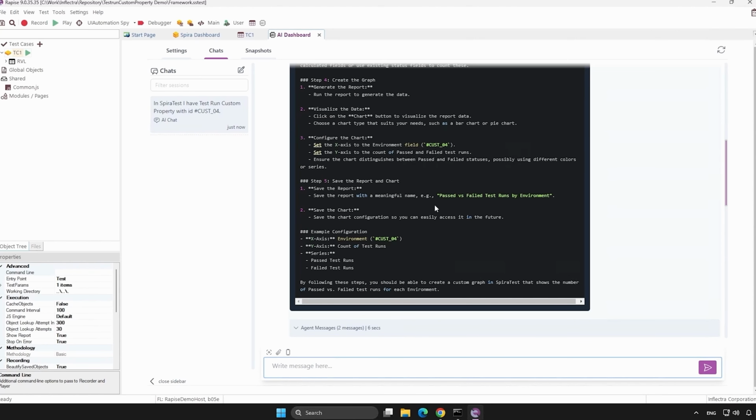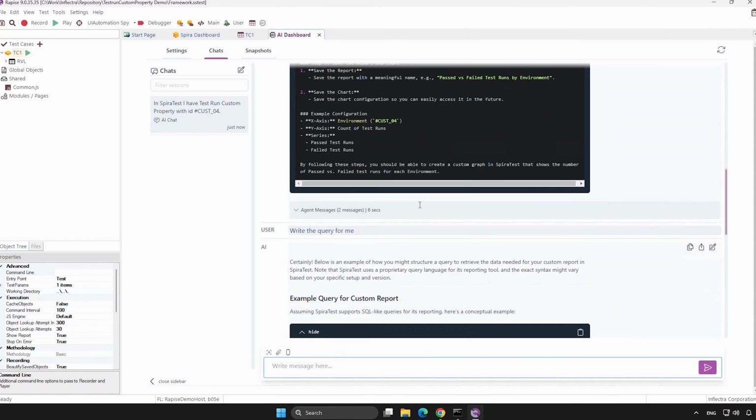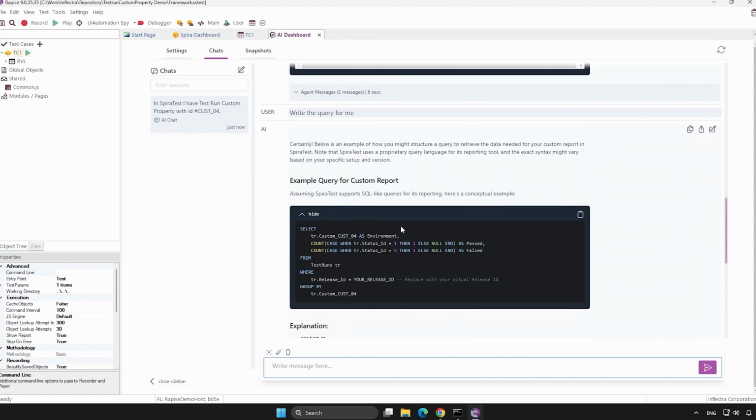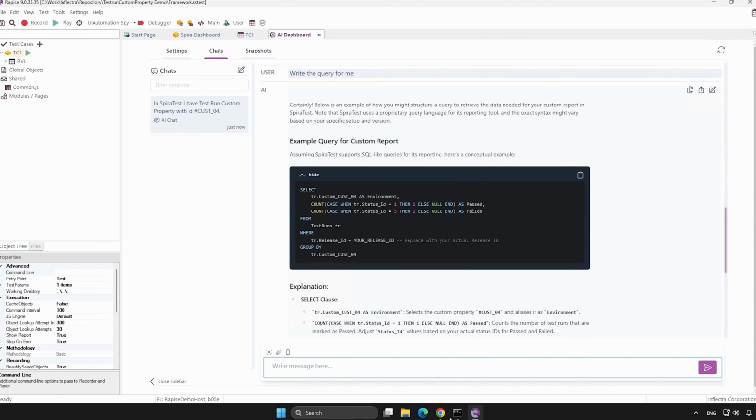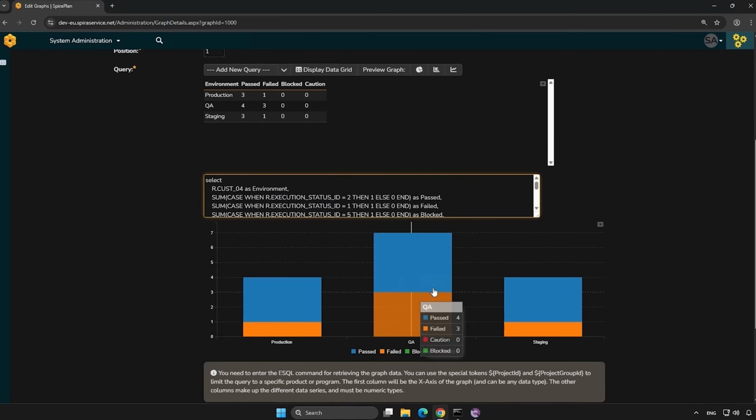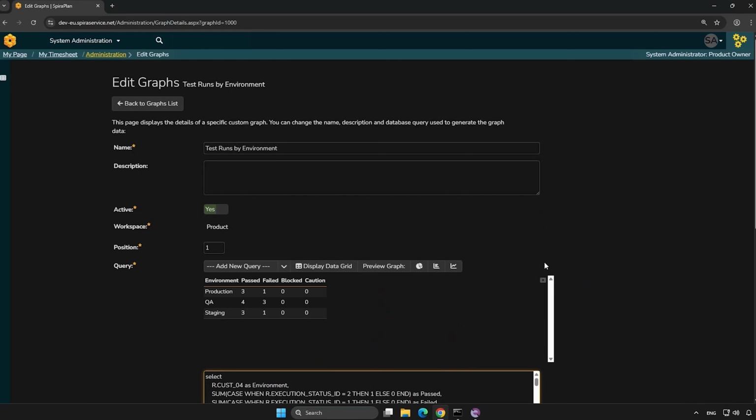And in my case, it did not provide me with the query to insert on the first attempt. So I said to it, write me a query, and then I got a query, and I inserted this query and I have these graphs. Now I can go